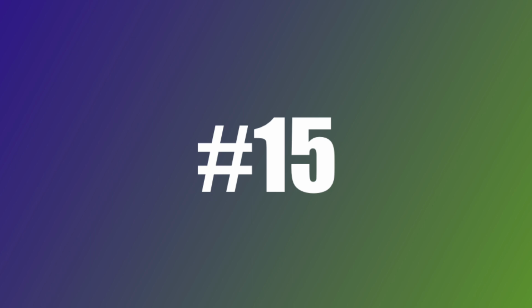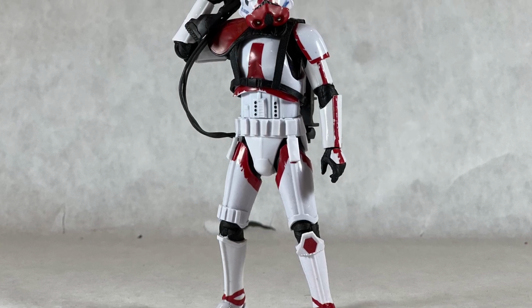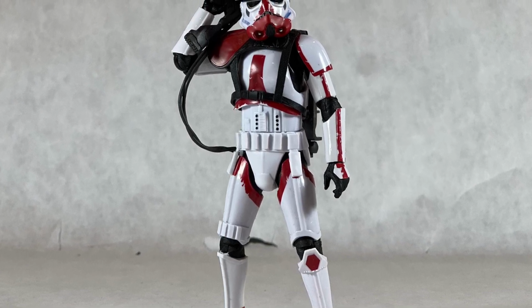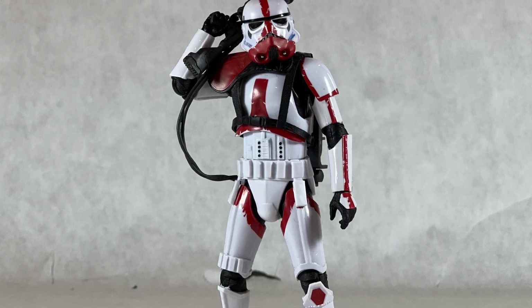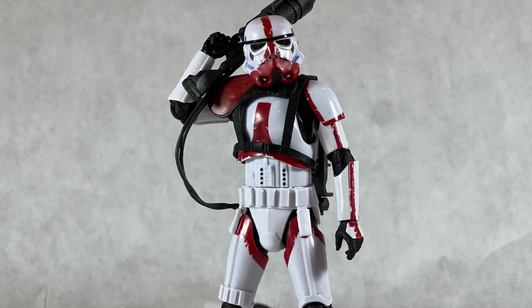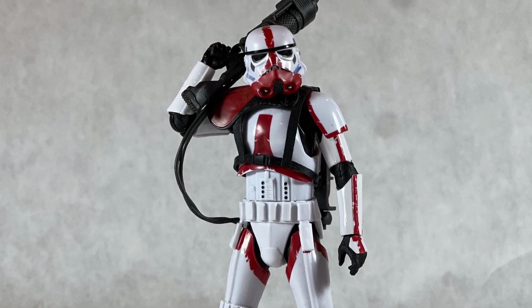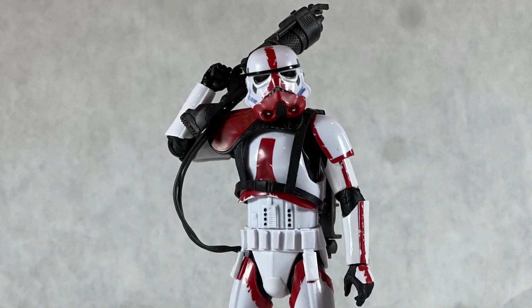Going into number 15, we have the Star Wars The Black Series Mandalorian Flamethrower Trooper, or Flame Trooper, whatever. And I like this guy, nice Stormtrooper look, I love the red, he comes with the big flame piece, and he's got his flamethrower, and honestly, it's just everything that I wanted from him. The only thing I would have thrown in would maybe be like a fiery base to put around him, or